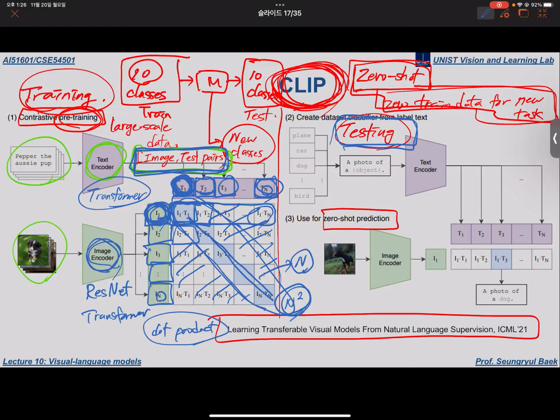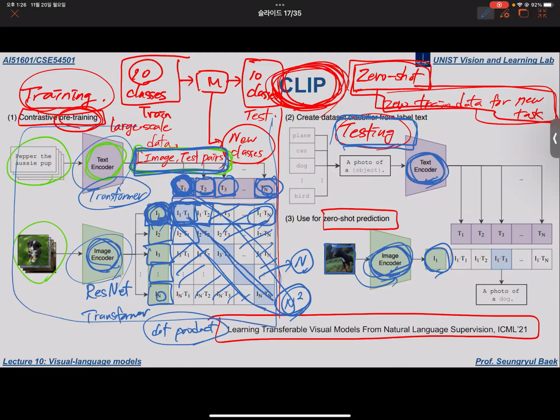Here we use the image encoder and text encoder again. For the image, we apply the image encoder and get a feature vector. This image encoder and text encoder are trained in this way, and we use them to extract the image feature, and also for the text encoder,